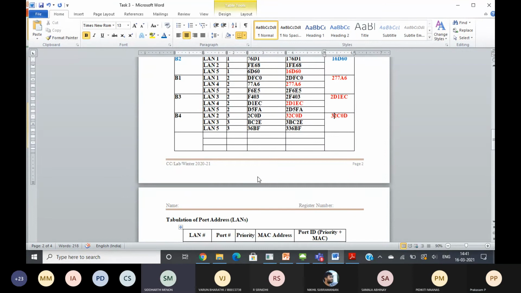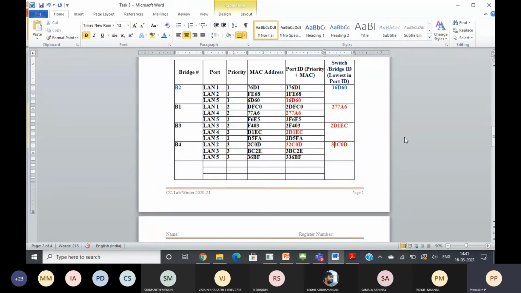Sir, what is the priority for LAN cable? That should be higher than all the bridges. The reason is, in NetSim, we have configured the switch as the bridge, and the switch as the LAN. Yes, sir. Always the priority of all the LANs should be greater than the bridge. Suppose you give a lesser value, the LAN may be configured as the bridge. To avoid that, always give the highest priority for the LAN as compared with the bridge. Okay, sir.